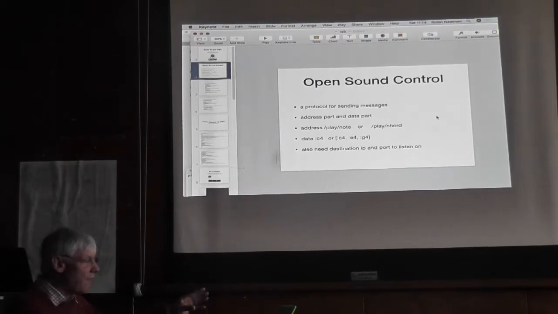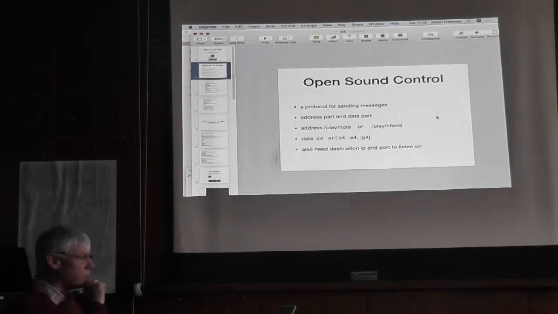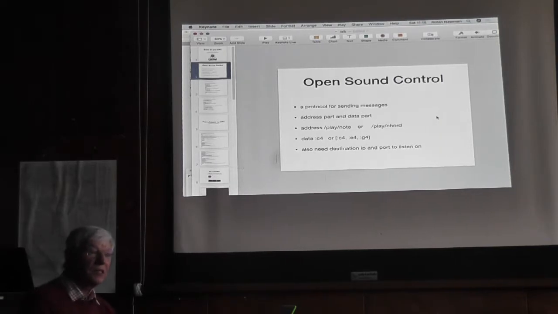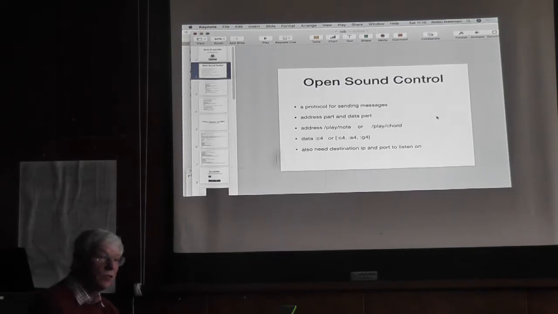So if you're sending an OSC message to play note, you've got to be looking for play note at the other end, otherwise you won't get it. And there's one slight catch with Sonic Pi we'll get onto in a minute. You then have data, and as I said, you're not stuck to just numbers as you are with MIDI. Here we could send a symbolic note, :C4 from Sonic Pi,